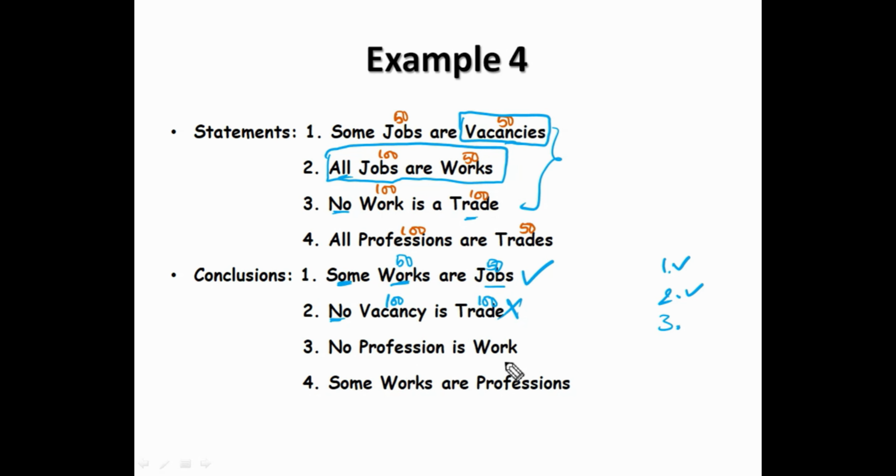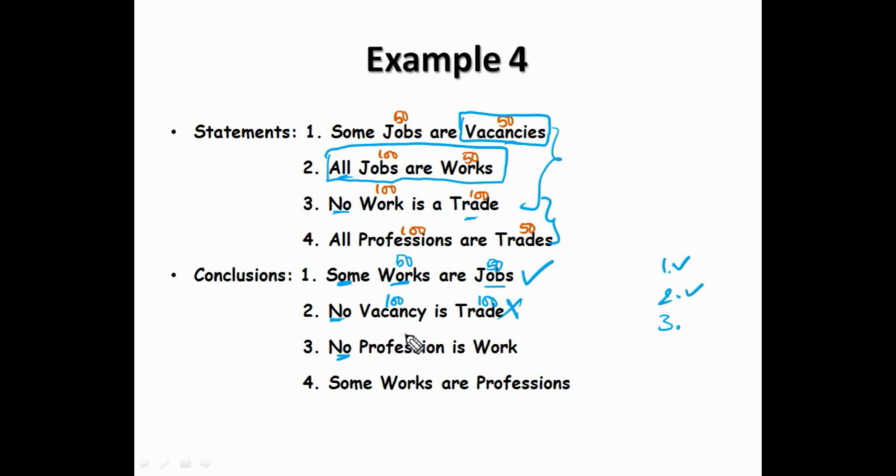Next, third, profession and work. Combining third and fourth, we can get the relation between profession and work because trade is common. Okay. First step, positivity, negativity. Negative and positive, result must be negative, given negative only. Second, can you combine or not? Because one statement is no, we can combine because both are hundreds. That's why we can combine. Second step also clear. And in the third step, income and expenditure.